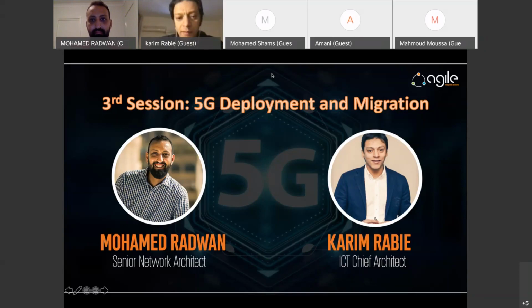Okay. So the topic of today is the 5G deployment options and the migration. Though it looks like a basic topic, I see it's a very important subject because that's actually the foundation of any 5G rollout. You have to know exactly what kind of deployment option you are targeting and how you are going to reach that.